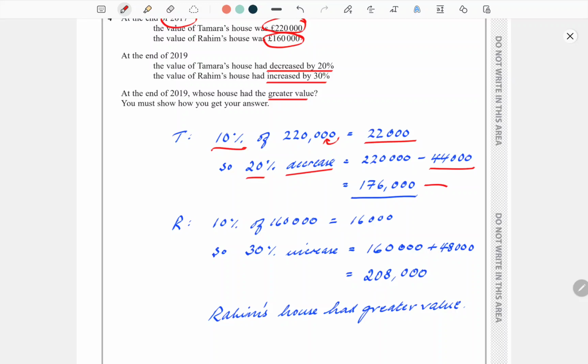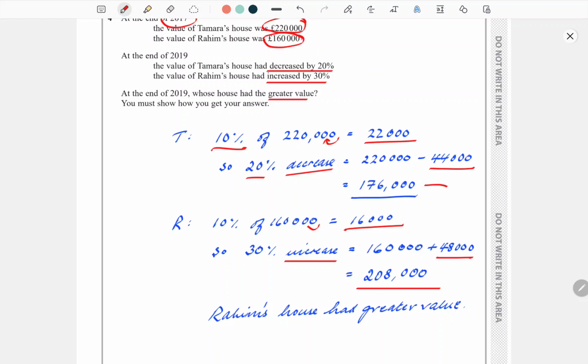Same sort of process with the other one, Rahim's house. So that's 10% of 160,000. Again, you're just dividing by 10, so 16,000. And it says there's a 30% increase. So this time we're going to add on 3 lots of that, because that was 10%, you want 30%. 3 times 16 is 48, so 48,000. So 160,000 was the original, plus 48,000 equals